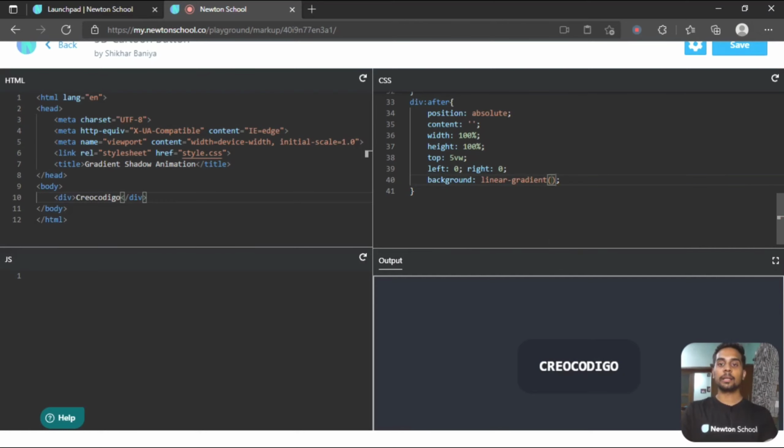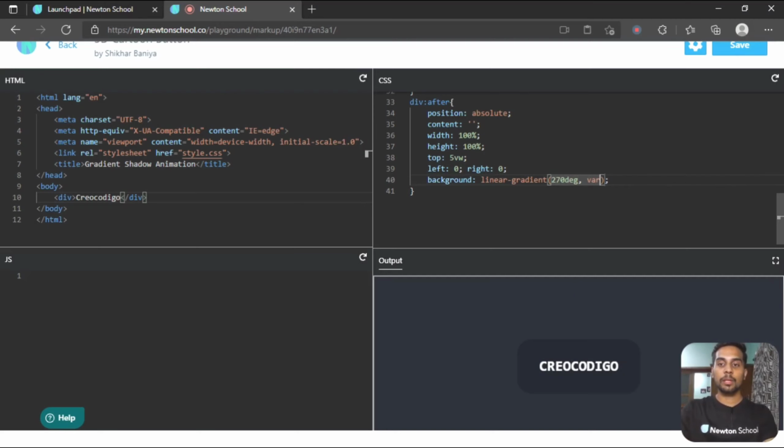This will be linear gradient. The linear gradient property asks you for 3 things. First is the direction of the linear gradient, second and third are the colors. The direction can be anything from top to bottom, from left to right, or a degree. I will be specifying 270 degree.